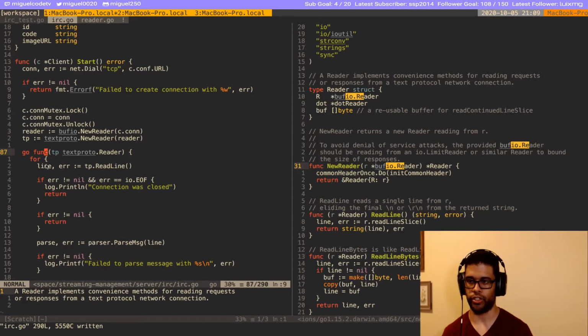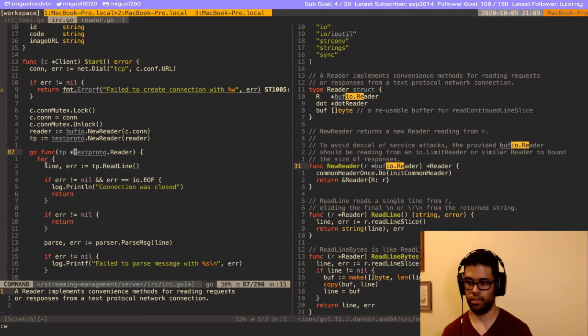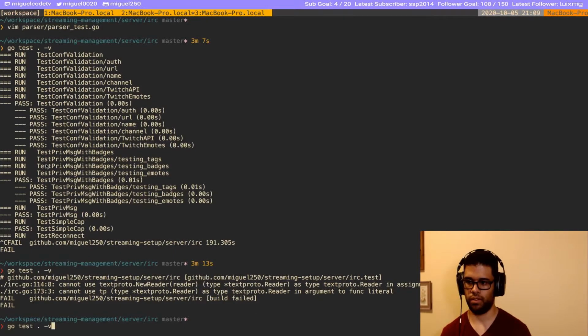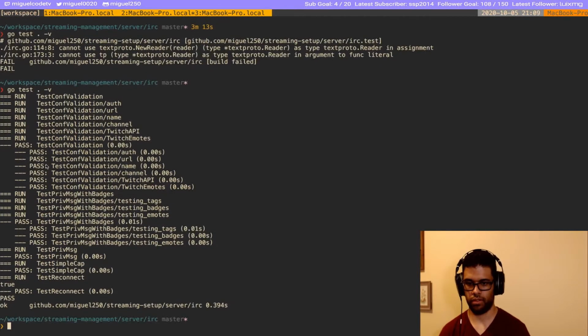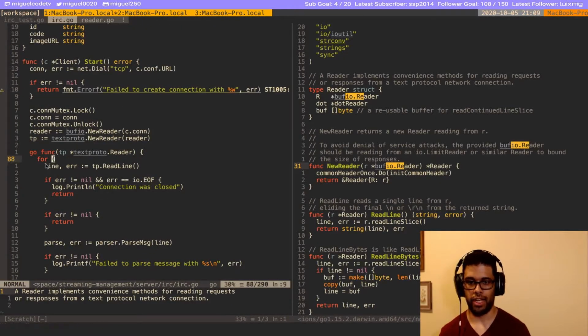And it's a pointer. Okay, so yeah, you reconnect it, but now